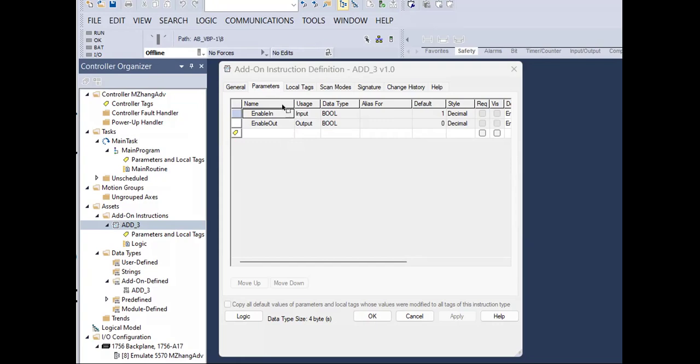On top of that, you can start to create your own, right? If you remember